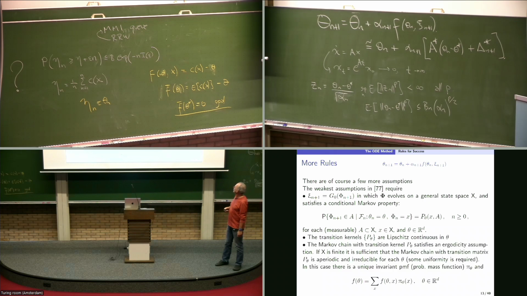That's only a year old, and we get all these really nice results. But forget all this. This is another rule: never have a slide like this with so much text and garbage. But for a model like this, just take it to be finite state space. Then F bar ends up being a finite state space. You'll have an invariant probability mass function for each theta, this transition kernel, and F bar is just the mean